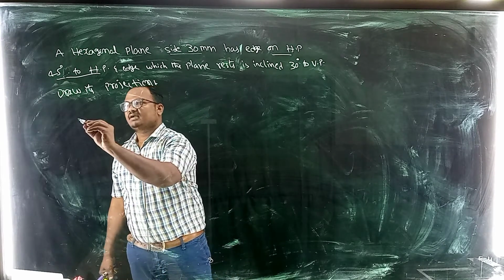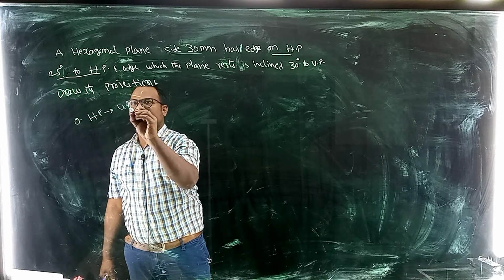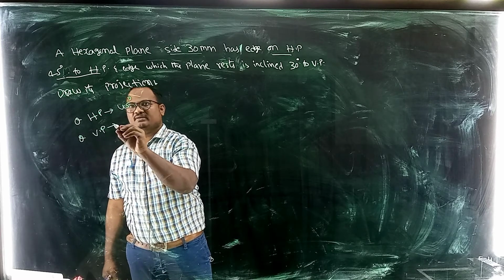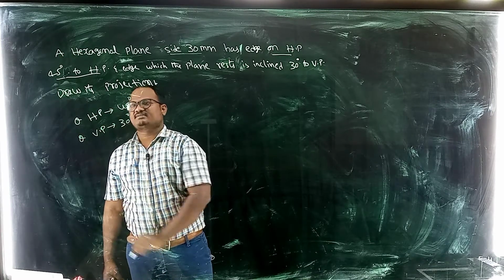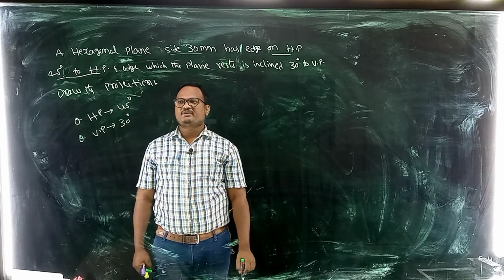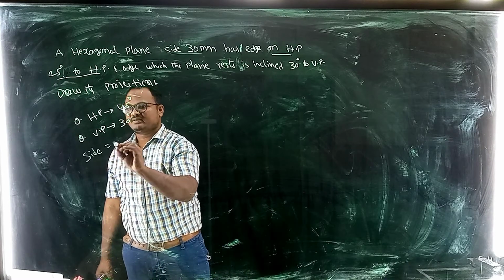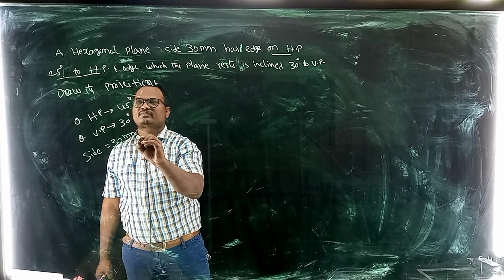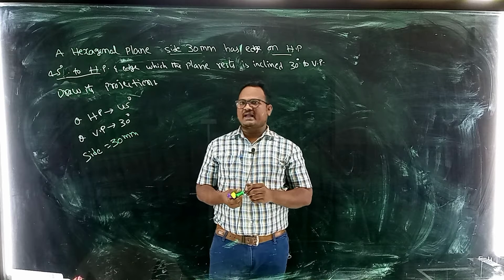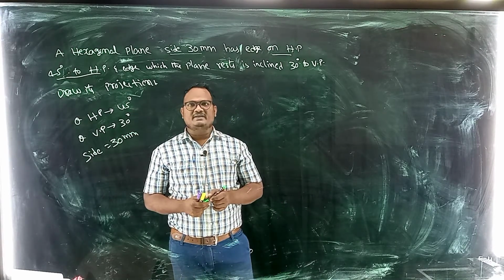One is the angle of inclination to HP, he has given 45 degrees. Next, the angle of inclination to VP, he has given 30 degrees. So what is the base side? Side 30 mm. So in this problem he has given two angle inclinations, which means we have to complete the diagram in